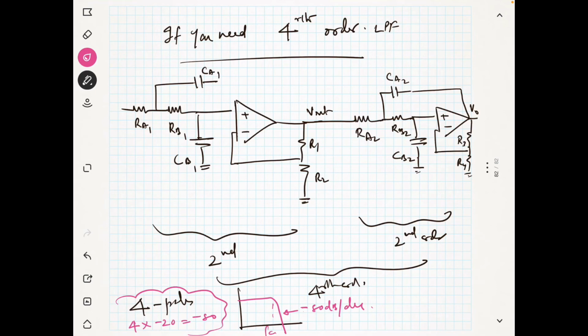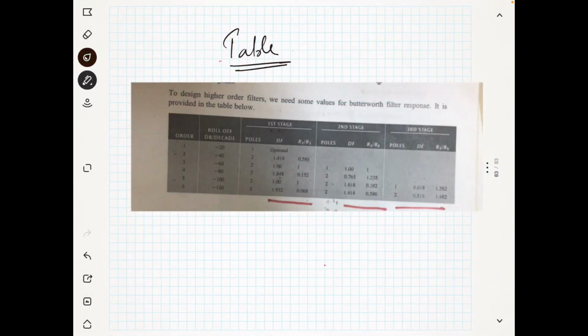Now I will give you the table. You see here that the damping factors are given. For example, for the first order filter nothing is given, but for the second order filter you have the damping factor, it is 1.414. And for the third order filter, third order means you have to use a second order, then you have to use a first order. So for the third order filter, you can see the second order filter is having a damping factor of 1,